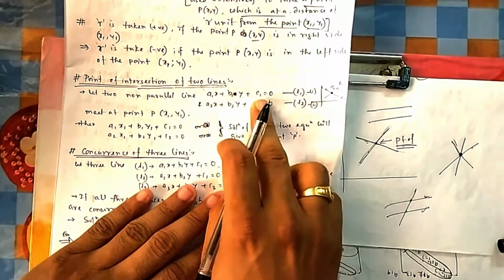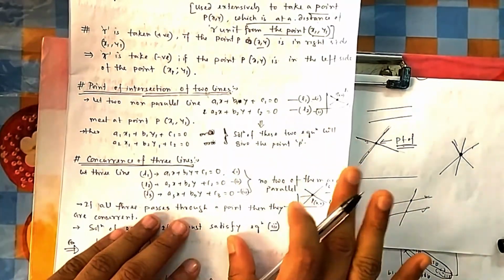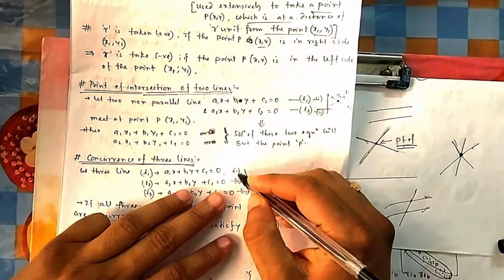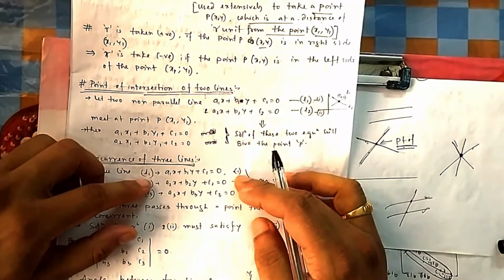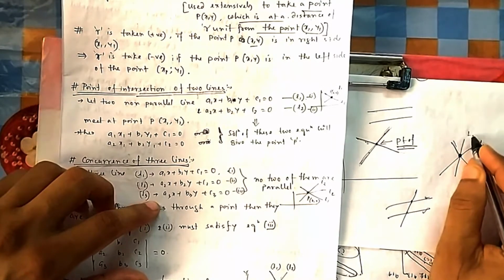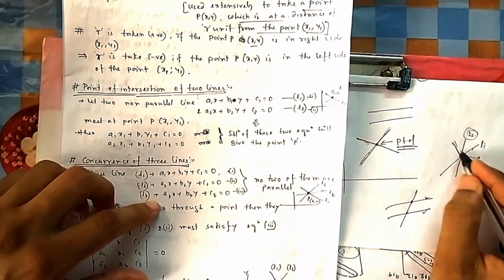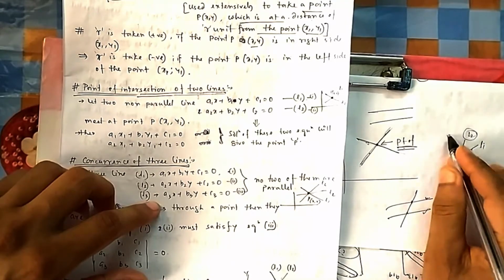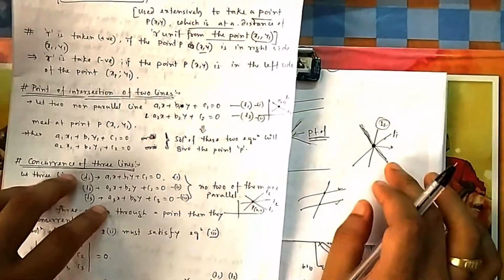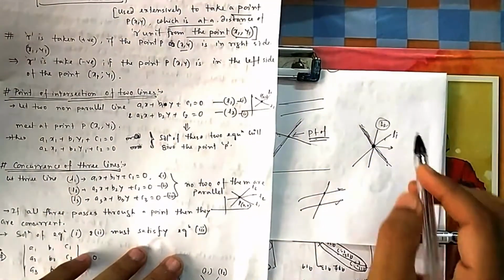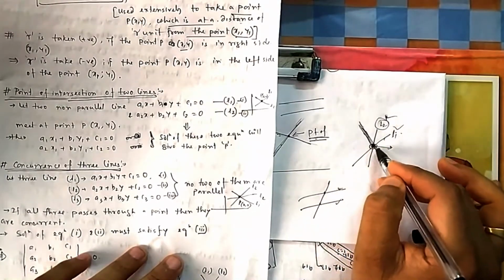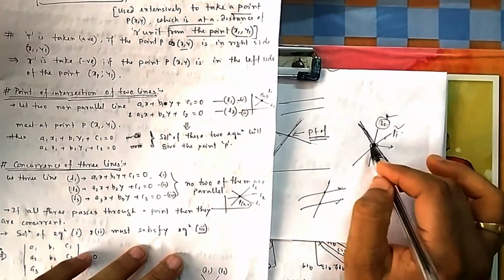Theoretically, with what we have studied till now, we can prove this without needing to study any extra formula. You solve these two equations, 1 and 2, and find the point. If that point satisfies the third equation also, then the third line is also going through it. Suppose you solve L1 and L2, you will find this point. You put the point in the third equation. If this point belongs to the third equation, then obviously the third line is going through it, so all three are going through the same point. With this also you can solve it. No need to read any extra formula. You solve any two equations first, then find the point. If the point also satisfies the third equation, then it is also an equation of the third line.